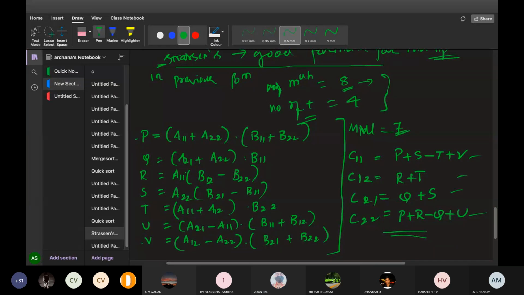Yes, ma'am. This is how Strassen gave the formula, and for this we need to find out the time complexity. So what would be the time complexity? I will first go with one simple example, then we will go with the time complexity. The time complexity of Strassen's formula is less than the normal one. It won't be big O of n cube or big O of n square, it will be very less. It will be big O of n to the power of something like that. It will be small compared to the others.